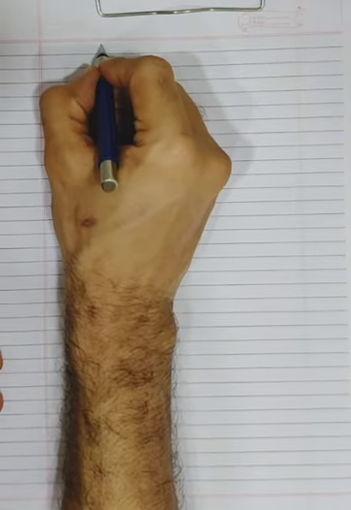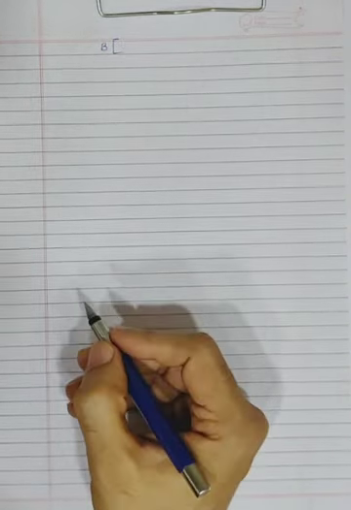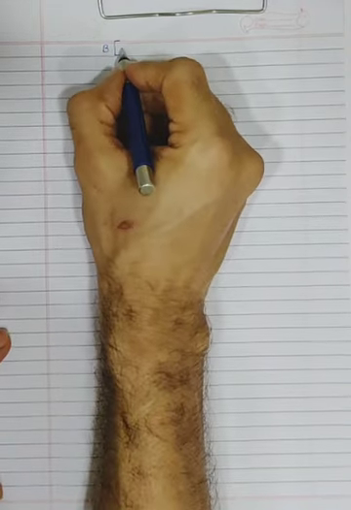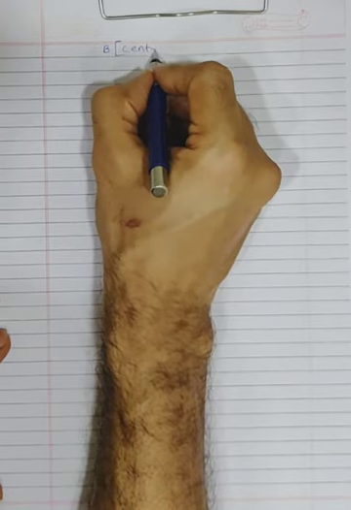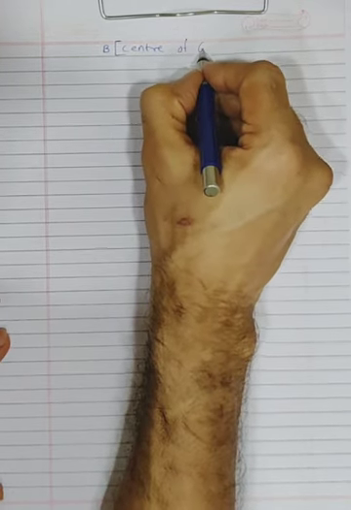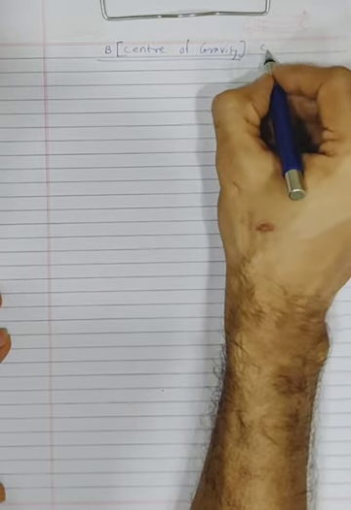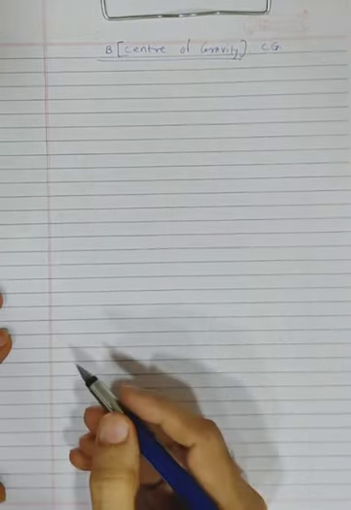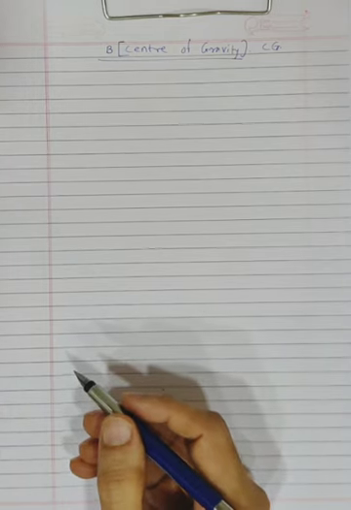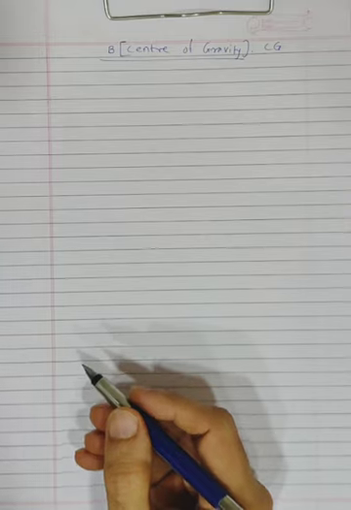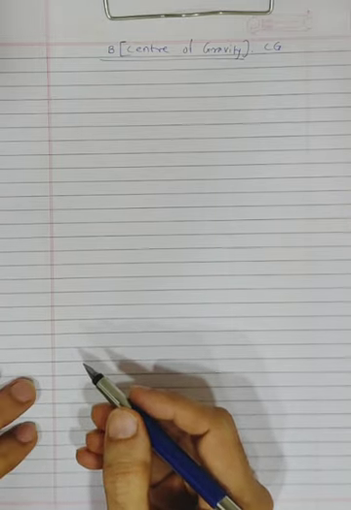Guys, now we are doing the B part of the chapter. In the B part of the chapter, we basically have to learn what you mean by center of gravity, which in short is also called CG. Again, as I told you, this is very simple. It will take you 10-15 minutes only to learn the whole thing.